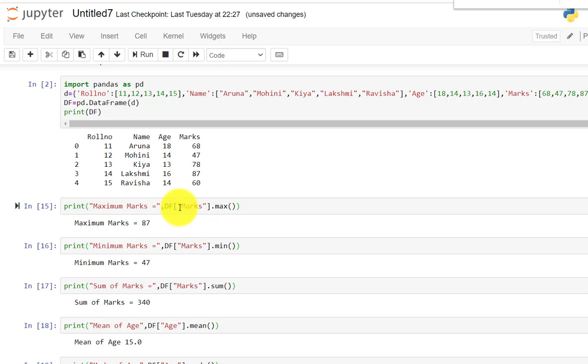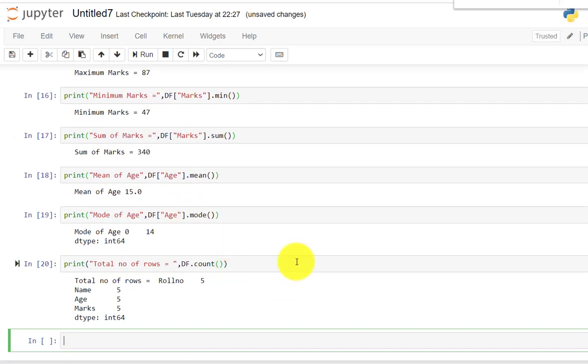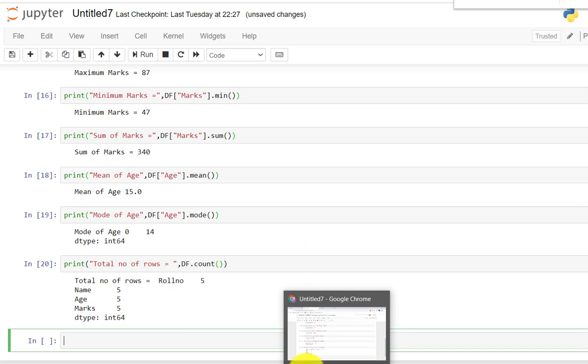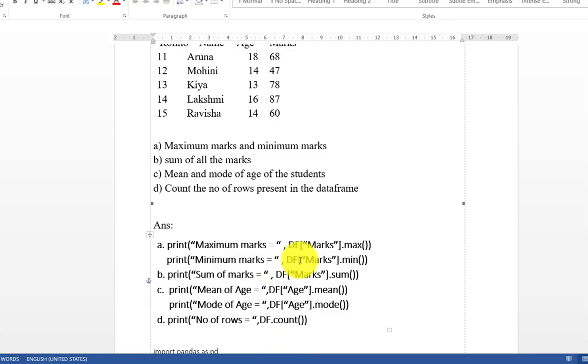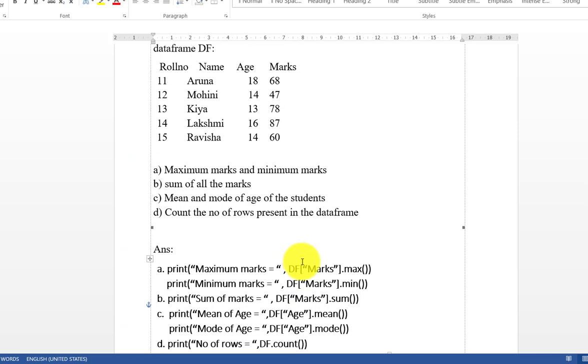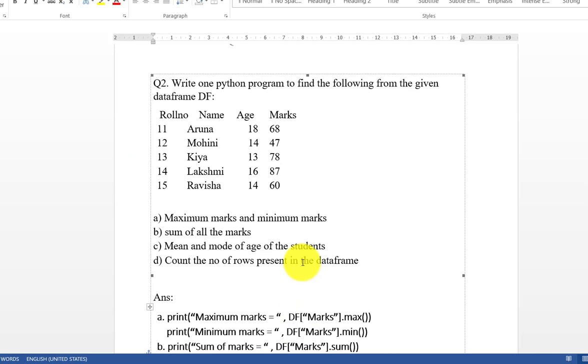Clear? So I think you are all able to perform these questions, and you should also try them on your system, get the output, and note down all the outputs, questions and answers in your notebook.